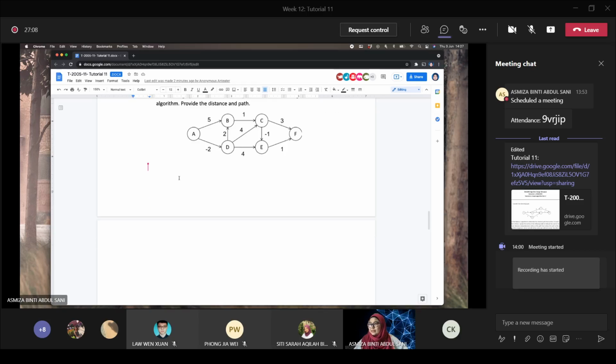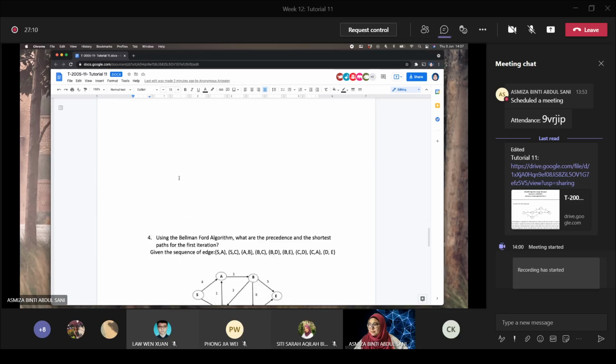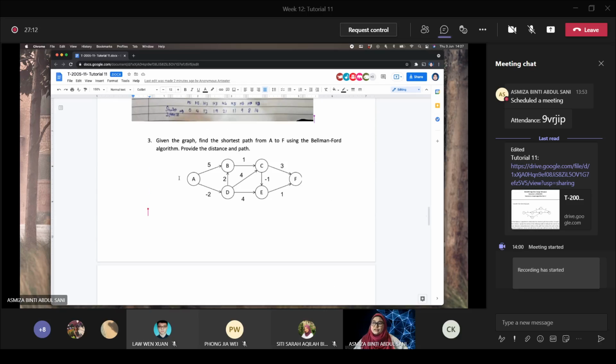And then you have to provide the distance and the path. Okay, so for Bellman-Ford, as I mentioned just now, this algorithm can handle negative edges, provided there's no negative cycle in it. In this case, you have to iterate the relaxation. So there are several iterations that you have to do,